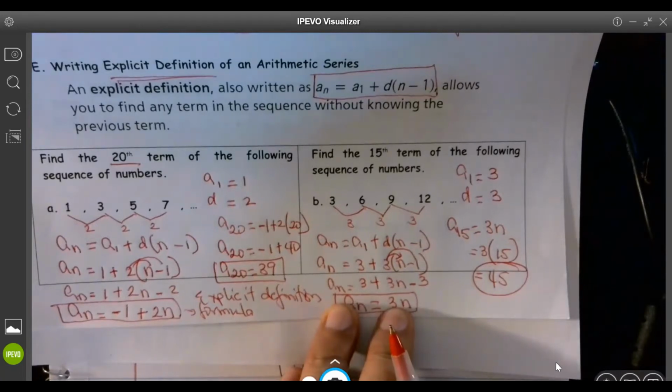Okay, so that is the lesson for today: arithmetic sequence, how to find the common difference, how to extend an arithmetic sequence, how to write an arithmetic sequence using recursive definition, and using